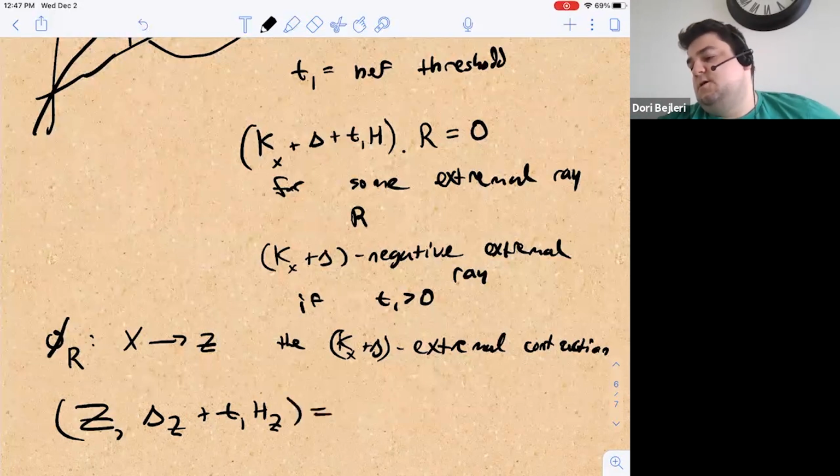Then this is a weak log canonical model for the pair X, delta plus